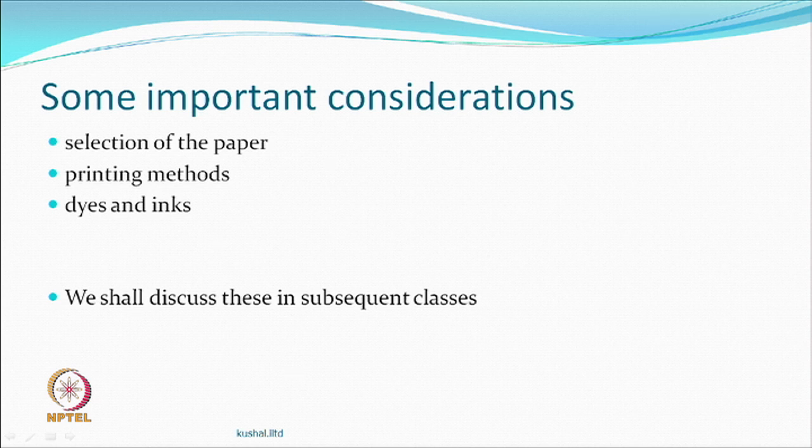As we move further, we will look into how people do the selection of a paper, what kind of printing methods are used for printing paper, what are the dyes and inks. The change that is happening is that whatever we call dyes and pigments in textiles, the paper industry always calls everything ink. So, from dyes and pigments you have gone to inks, the selection of inks, etc. This is what will be interesting. So, we will look at it later.